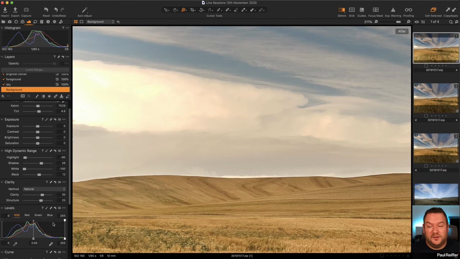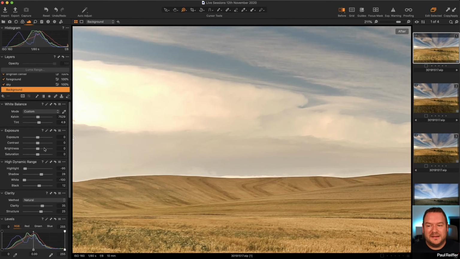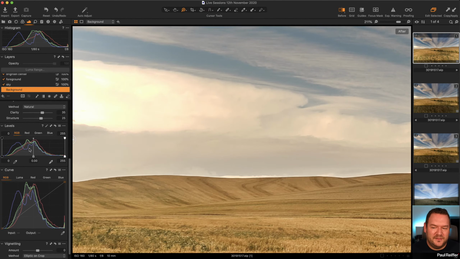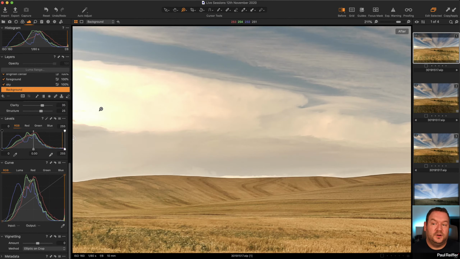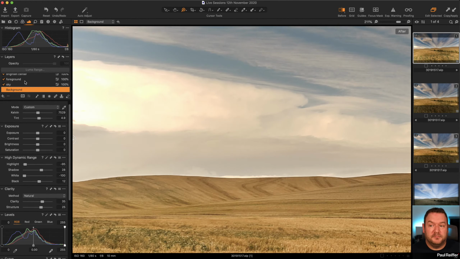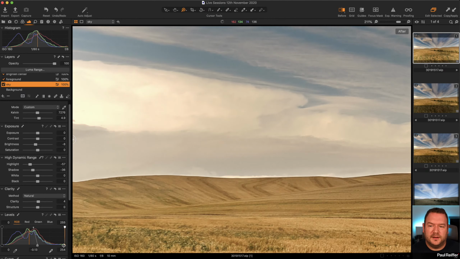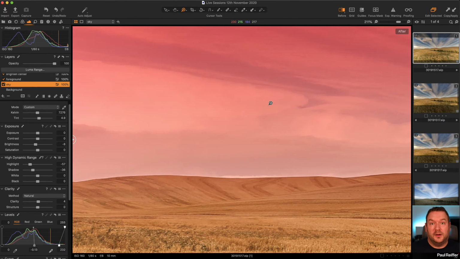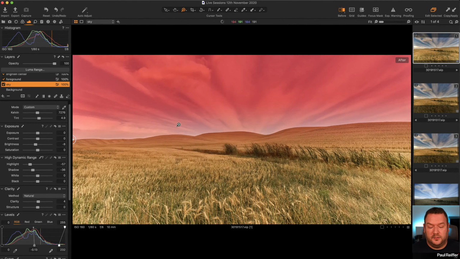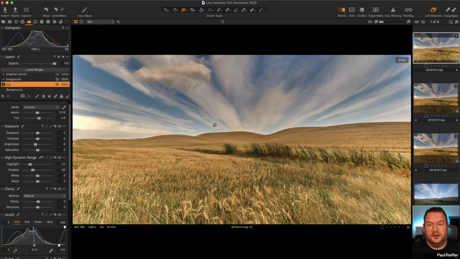My gut feel is, something weird is going on, because even though there isn't a change in the levels, something is forcing this to get really, really bright. I do wonder whether maybe it's the sky, and it could actually be this level here. Yeah, it is. It's there. So let me just show you. We've got our sky masked here, and what Barry's done, to make this punch a little bit more, is